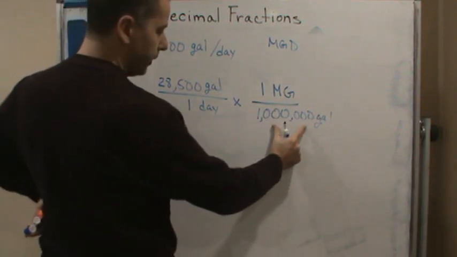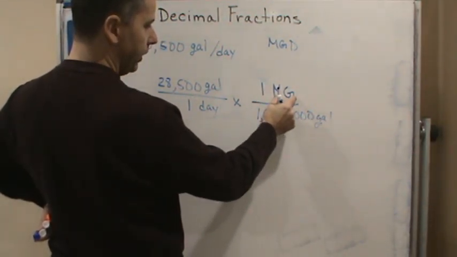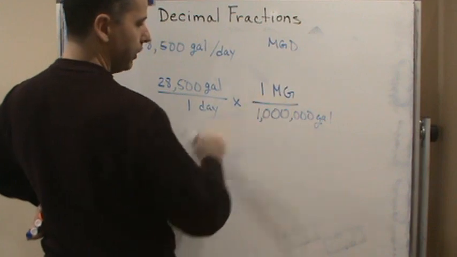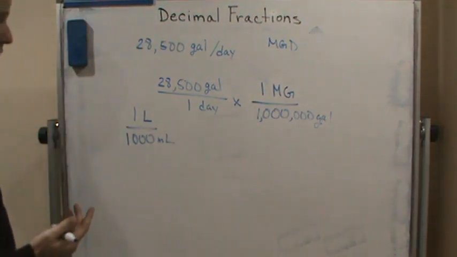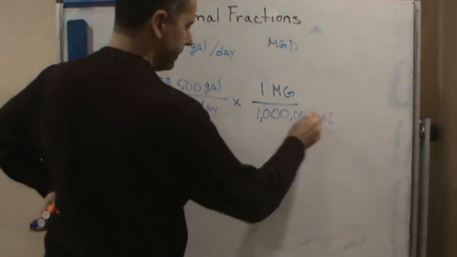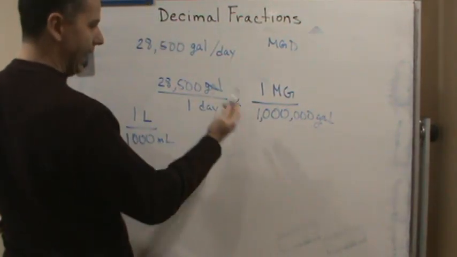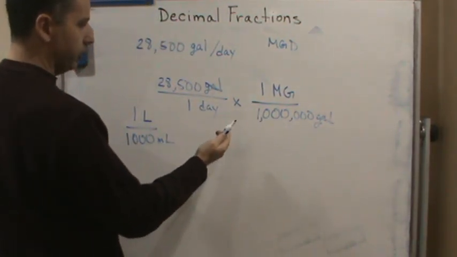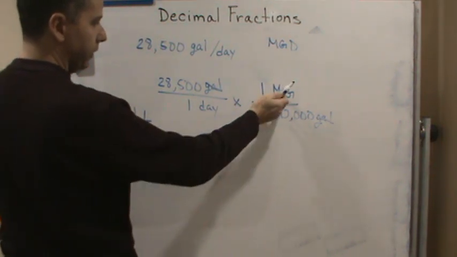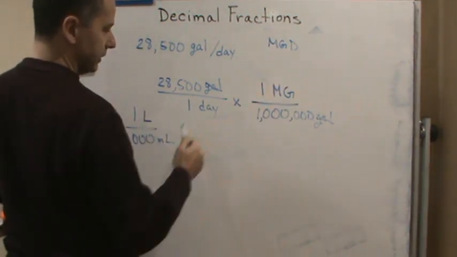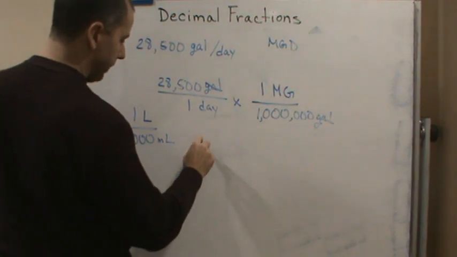So I'm saying 1 million gallons is equal to 1 million gallons unit. So now these gallons are going to cancel, and now my answer is going to be in terms of this unit, MGD. So what I end up getting is